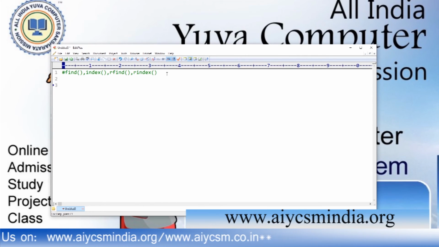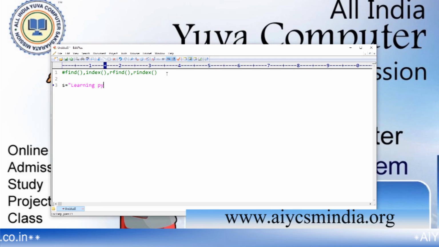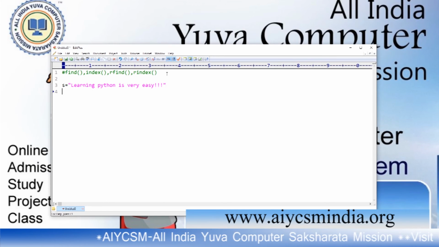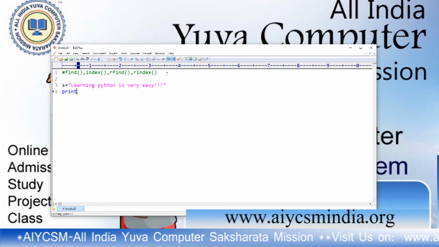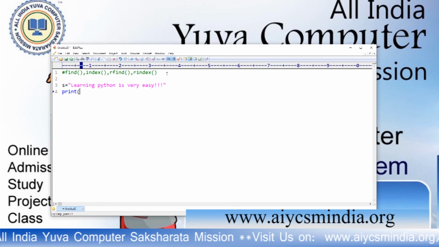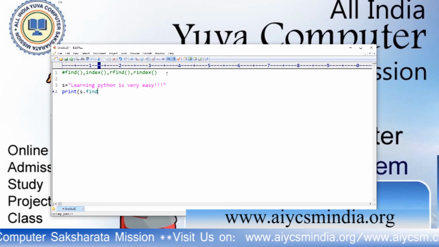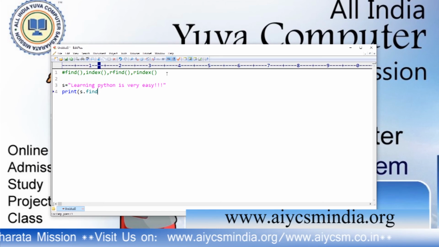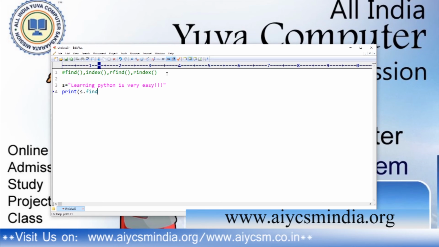S equals learning. Very easy. Okay, this is the string. Now print s.find, because it is a string related function. So s is actually the object name.